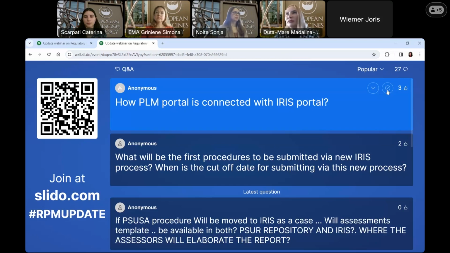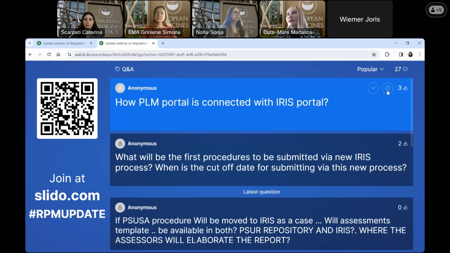Now the pilot for the EPI, the product user interface, will be there. So the PLM portal has a wider purpose, and it's also used to create the electronic application forms, which are part of the eCTD submissions submitted via the gateway